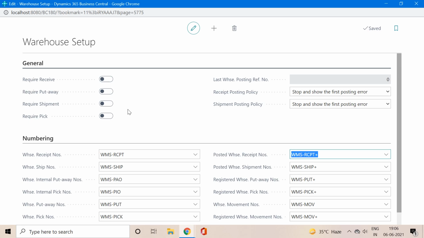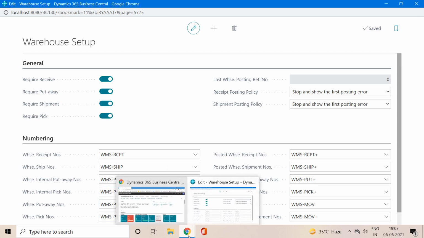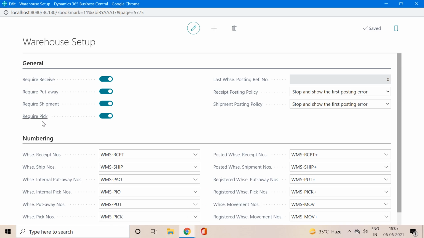The main things we have to configure belong to these four fields. For example, if you want to post the warehouse receipt document, then we must check this to true, and so on with the put away document. If you want, we can configure this. If you want the system to post the warehouse shipment, then we must configure this, and so too with require pick. But if we check the location card also, that location card also has these four fields,